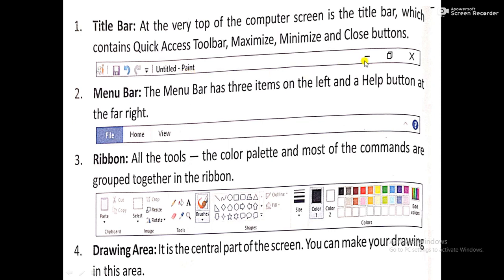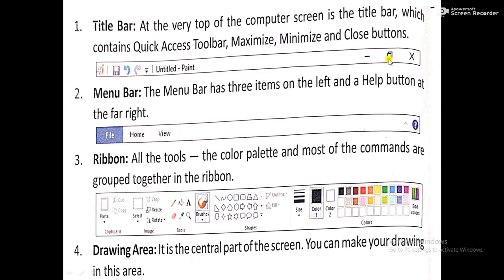And here at the far right of the title bar you will find the minimize, maximize and close buttons. The minimize button shrinks the window and places it on the taskbar, which means the bottom of the screen. The maximize button looks like a small window.